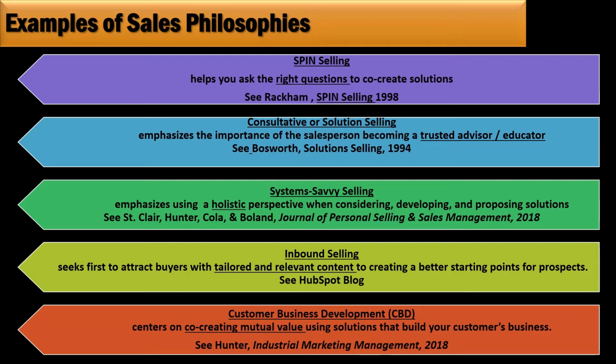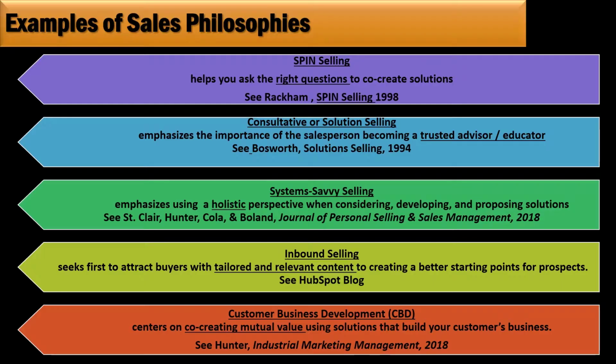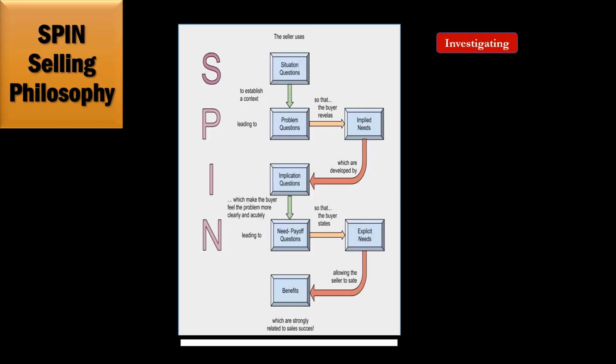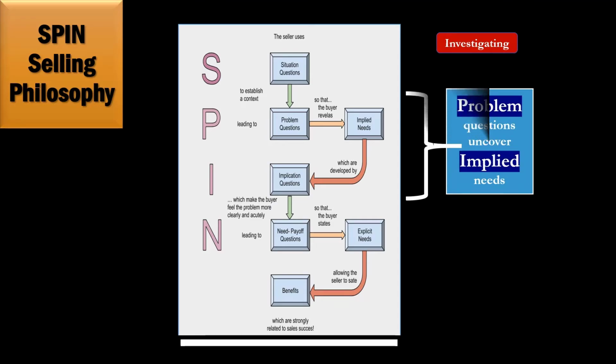So these next few slides give you some background if you want to know more about some of these philosophies. I'm not going to cover a ton of them in the class, but you may be exposed to them when you're out interviewing or looking for jobs or thinking about different companies or developing your own process. So this is a flow chart that gets into what spin selling is. And SPIN is really an acronym. As I talked about earlier, it talks about different types of questions. SPIN suggests that you ask 4 different types of questions.